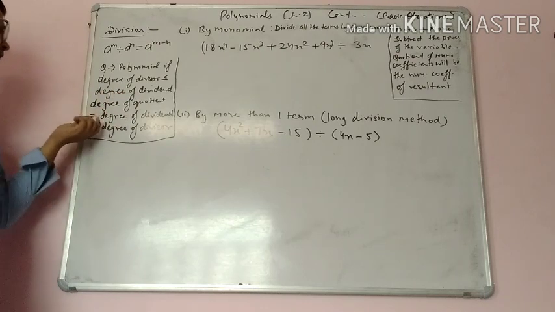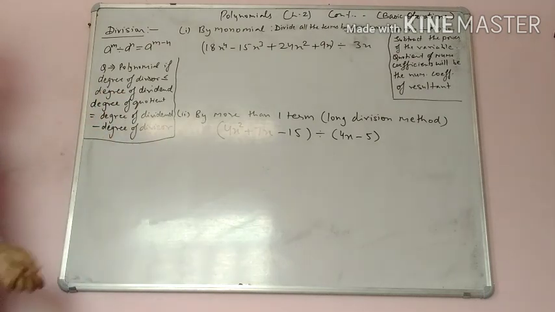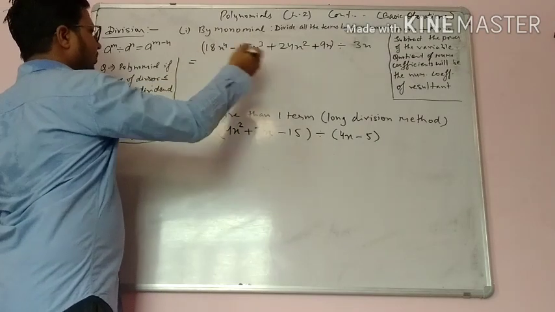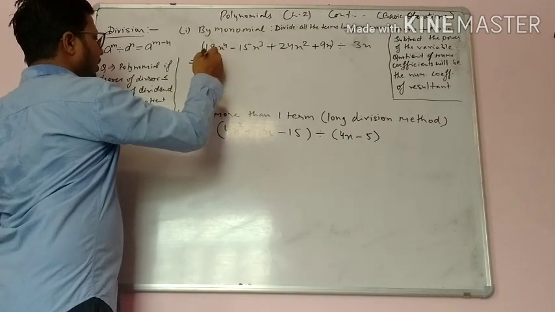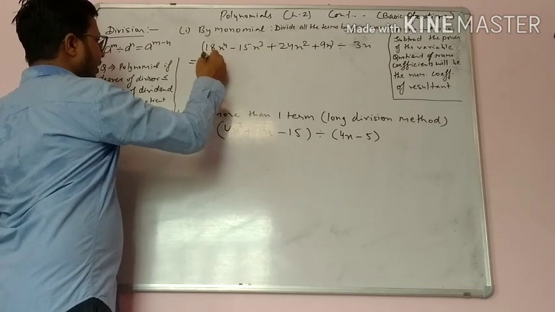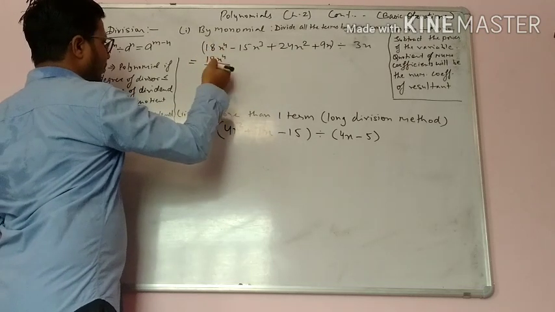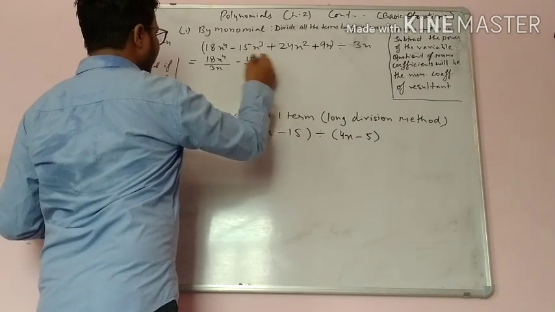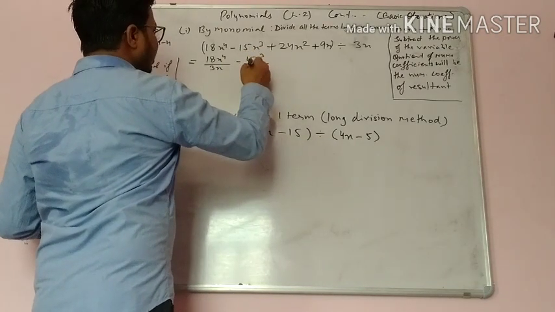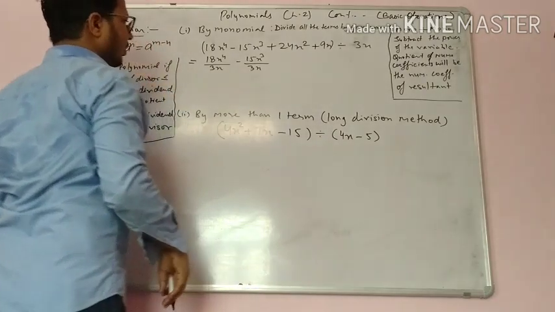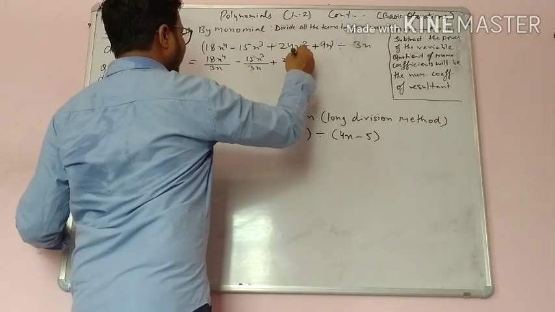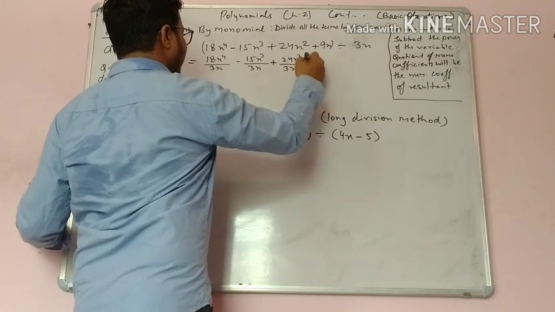Now here we are going to start, we have to divide. First I am writing that we divide all the terms by the given one: 18x power 4 divided by 3x, minus 15x power 3 divided by 3x. Clear? Plus 24x square divided by 3x, plus